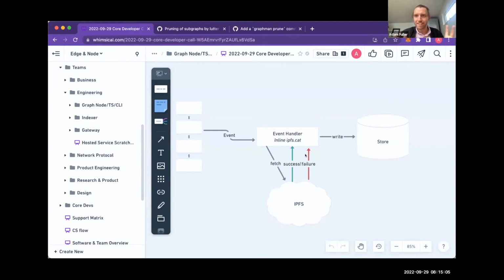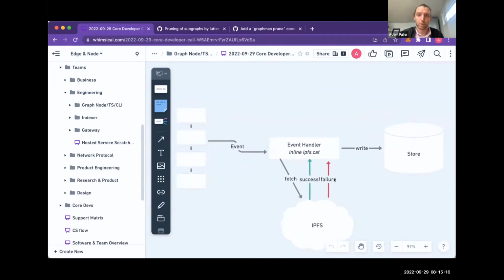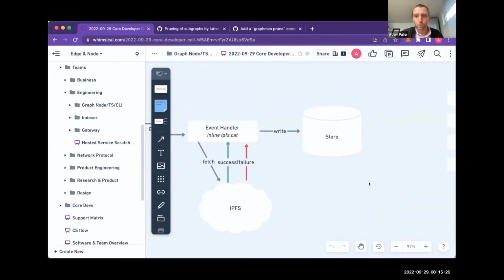This then leads naturally to non-determinism, because if one indexer is successful and one fails, then the resulting write to the store will provide different data. You'll have different results. And it also means in the case of failure that if there was really useful, important information in that file that was going to be useful to users when they came to query the store and query the subgraph,